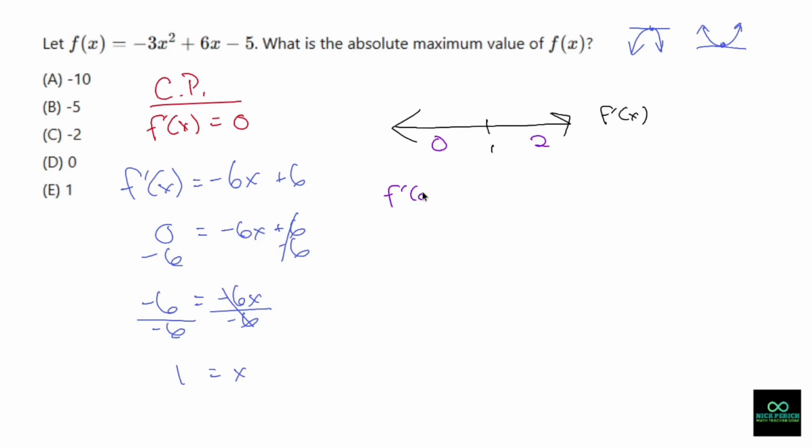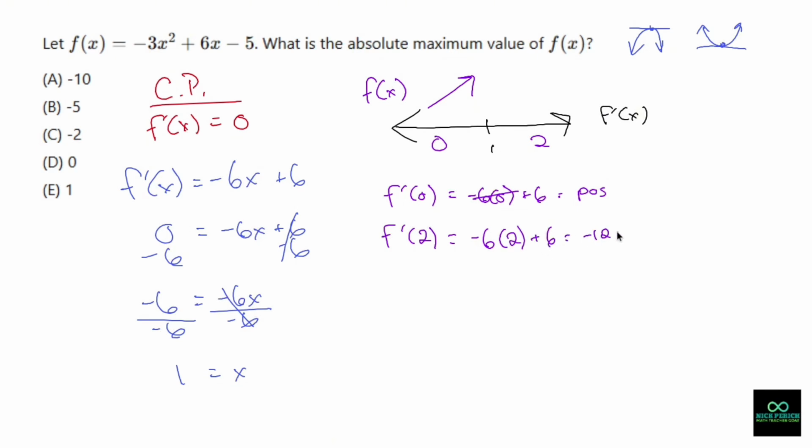So f prime of 0 would be me taking that equation right there and saying negative 6 times 0 plus 6 is going to be 0 plus 6, which is a positive number. So you're positive, which means f of x is increasing. Now we do it again. F prime of 2 is negative 6 times 2 plus 6, which is negative 12 plus 6, which is a negative number. So what's happening here is f of x is increasing, but once it hits x equals 1,